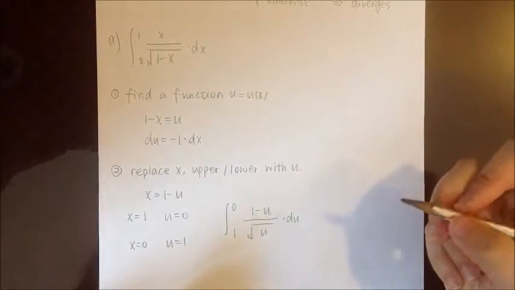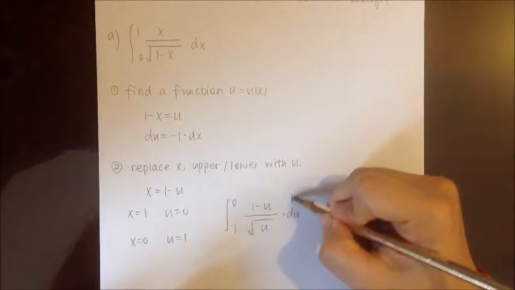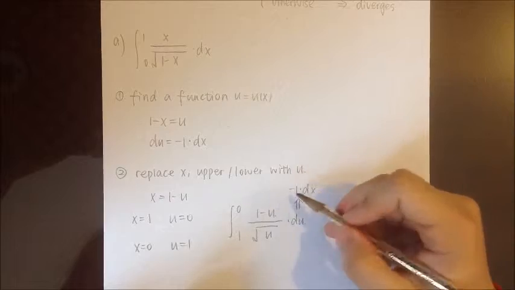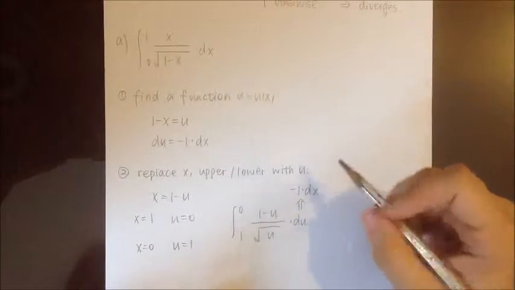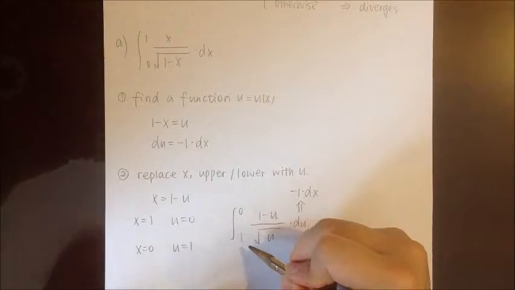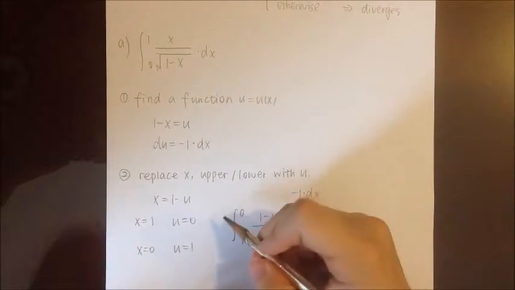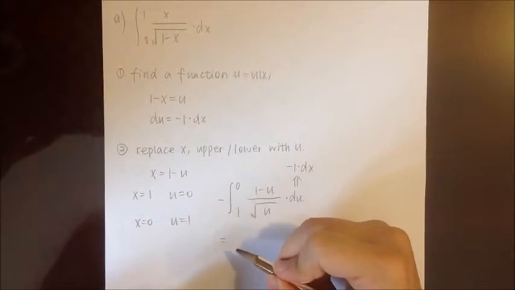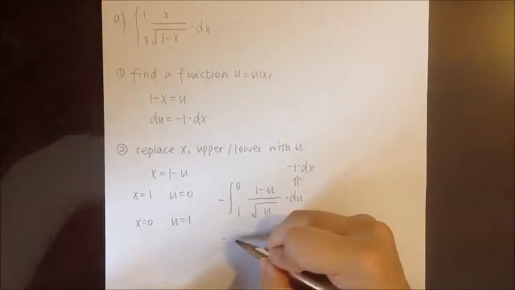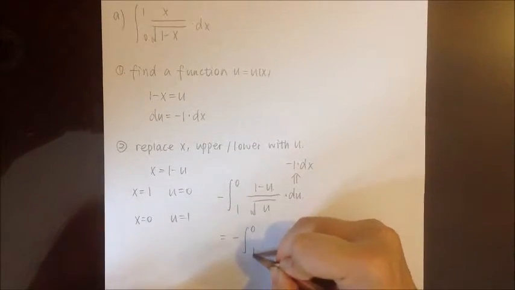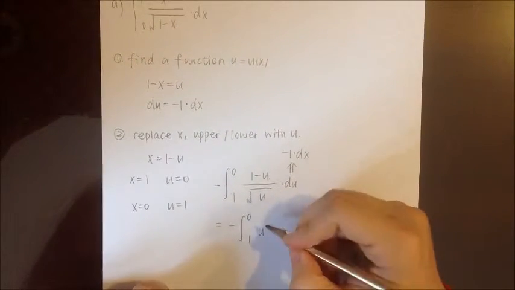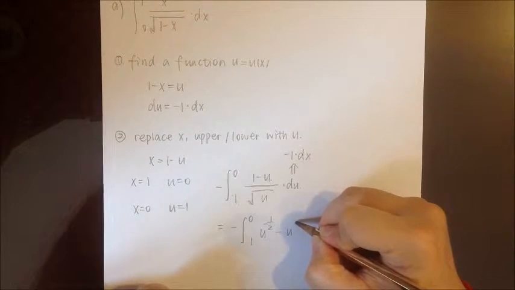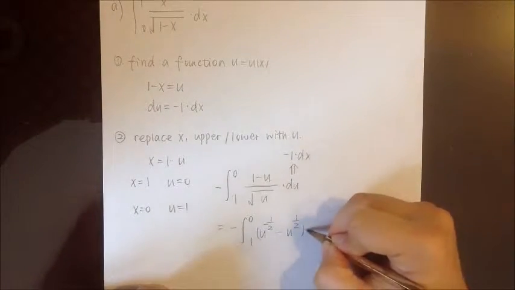But we should especially pay attention to this du part because it equals to -1 times dx. But we don't have -1 in the original integral, so I have to keep the old one and this new one the same. I should add a negative in front of this new integral. Then we can begin integrating. This equals to u to the -half minus u to the +half times du,